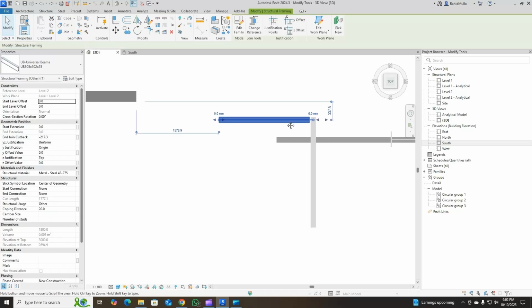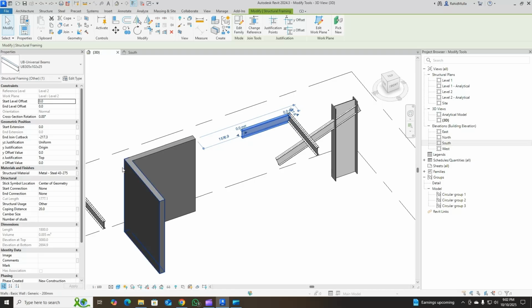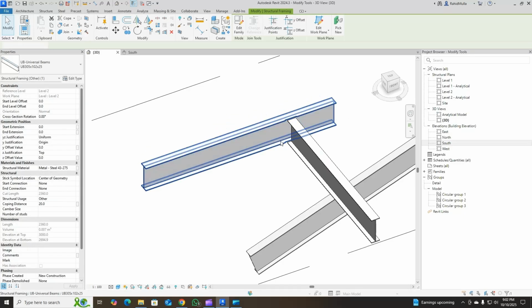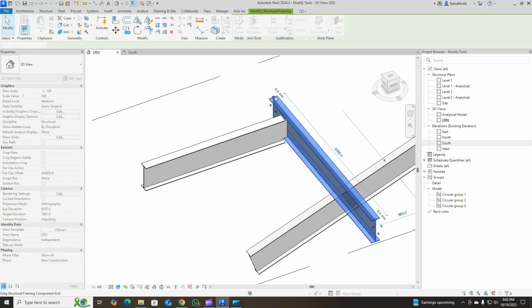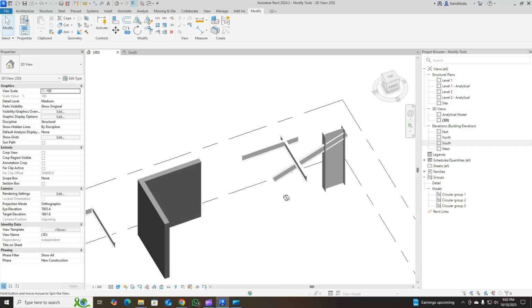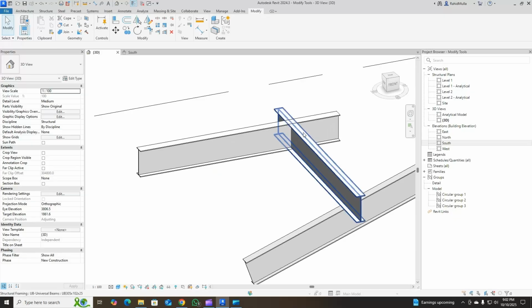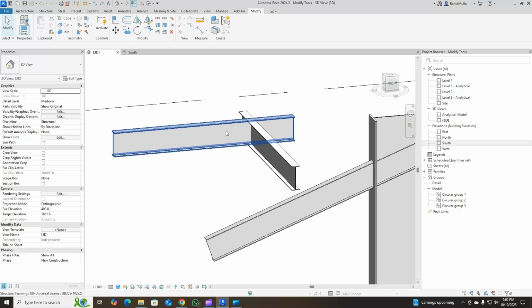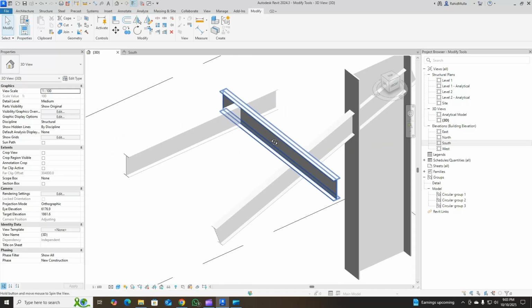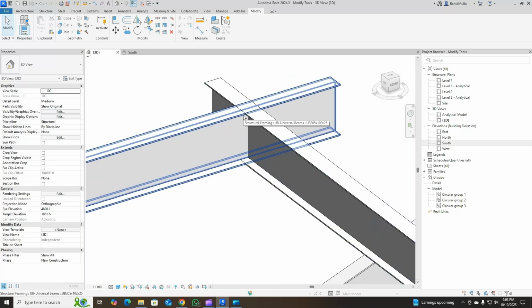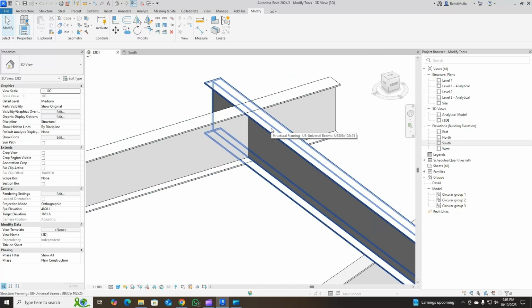So, what will I do here? I will take this beam over here, and then what we will do, we will take this beam in this manner. As of now, we have applied coping, which we will remove. Okay, so now see what is happening. There are two beams, and these two beams are clashing with one another, and somehow you want to restrict this beam over here. And when you restrict this beam, it has to meet at proper cut to this beam. In that case, what you will do, that we will see.